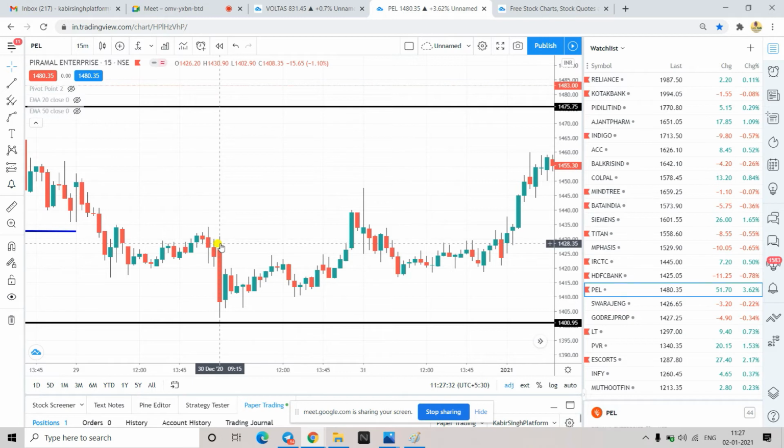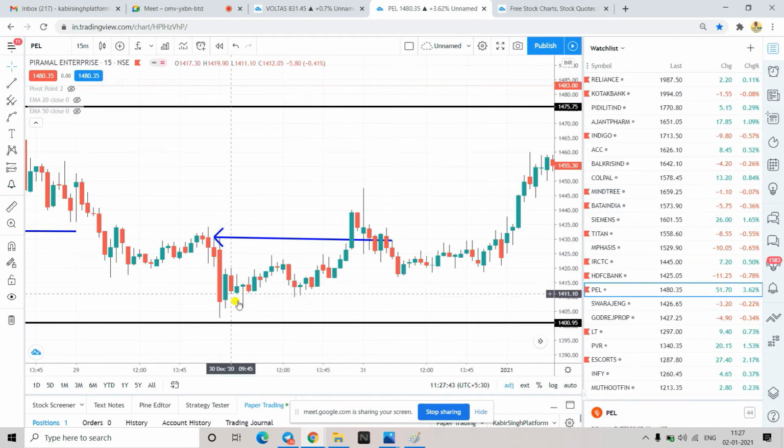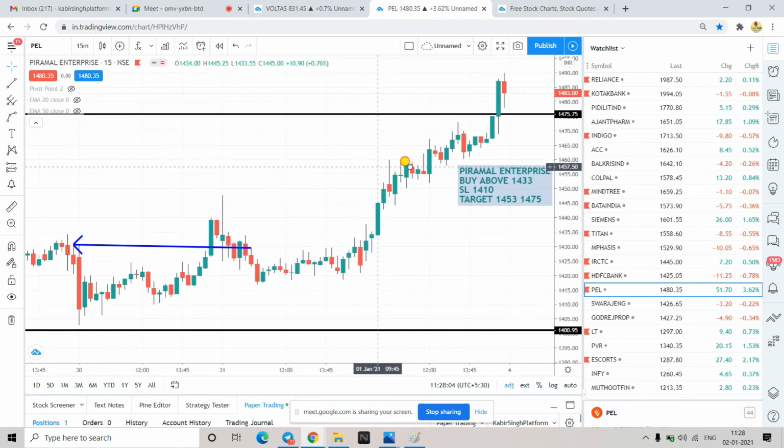So if you see this candle over here, this is the 9:15 candle, right? The high of this candle is here somewhere. Throughout the day it was here, and around the closing it just crossed and closed somewhere here. So this is the close. For tomorrow you can hold this, and this is your stop loss. It went up, not the immediate next day, but then you can see how strong it has gone up.